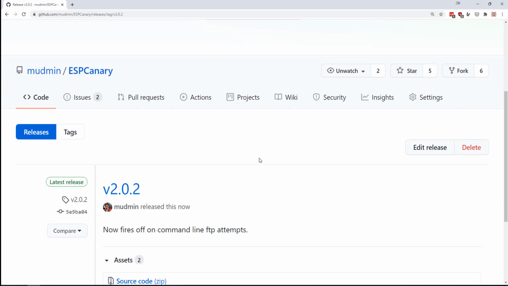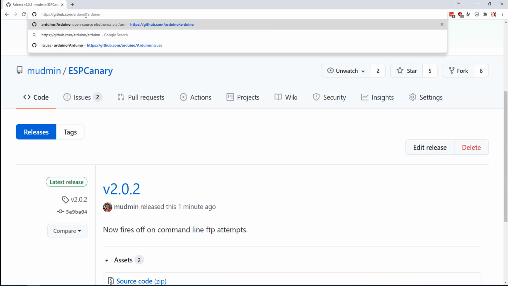Now that I've done that, since I am already in the Arduino IDE, about once an hour, their crawler goes around and looks for updated versions and will pull the new version into the Arduino IDE. It could take up to 24 hours, but for the most part, I've seen it happen in about an hour. So once you're absolutely positive your code works and you have your tag, you have your release, and those two match the number that is in your library properties,